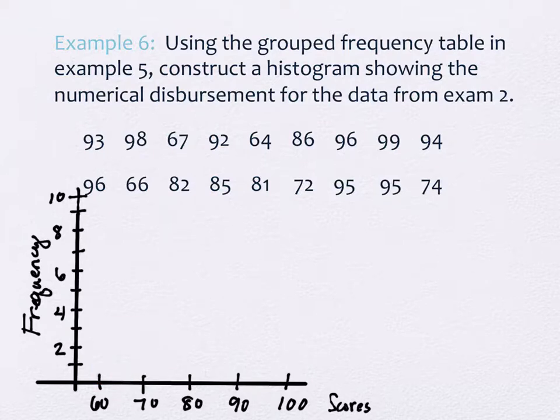I'm going to use it thinner, and I'll do that differently. So here's a bar height of 3. The next one had a frequency of 2, so now I need a bar that's a height of 2. And then I had a height of 4. And my last one has a height of 9. Okay,